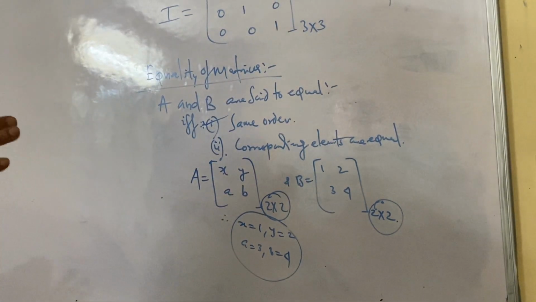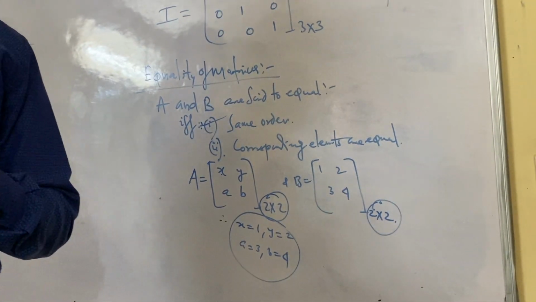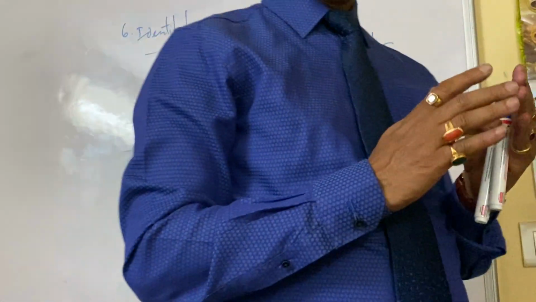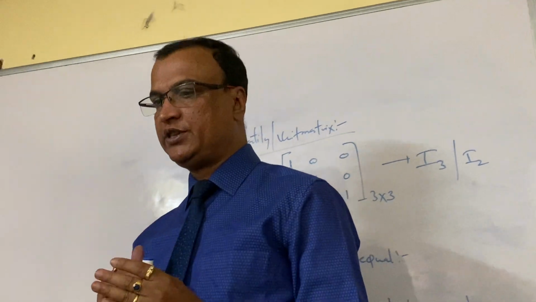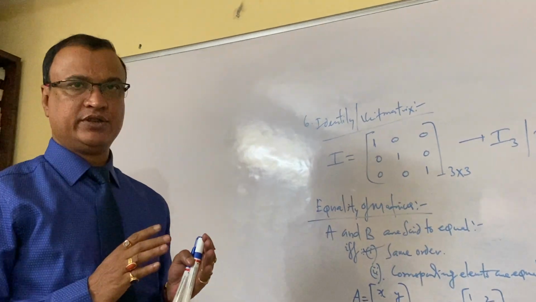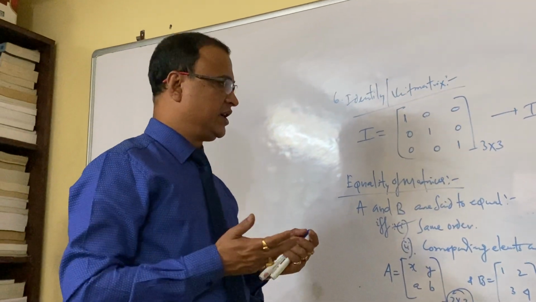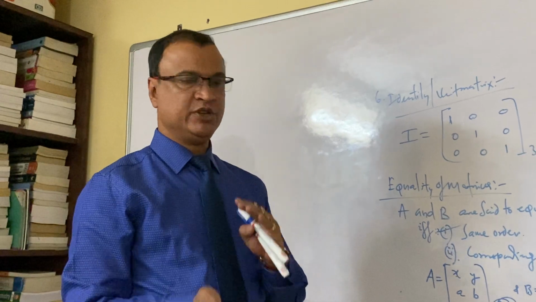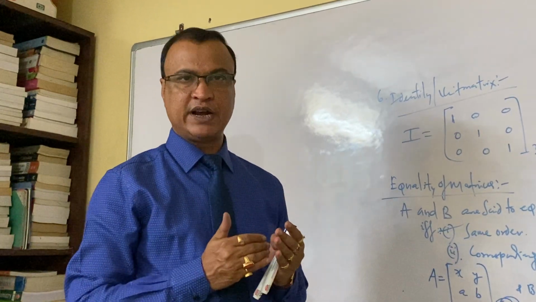In the same way, addition and subtraction of matrices are very easy. If we have two matrices, we can easily add them. The corresponding elements are to be added, the corresponding elements are to be subtracted. So these are all very easy things. As you do in algebra, you have the knowledge of addition and subtraction. In the same way, corresponding elements are added, corresponding elements are subtracted.